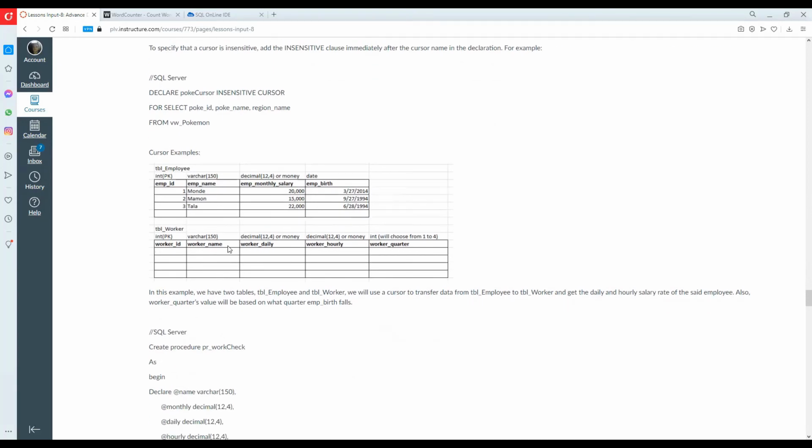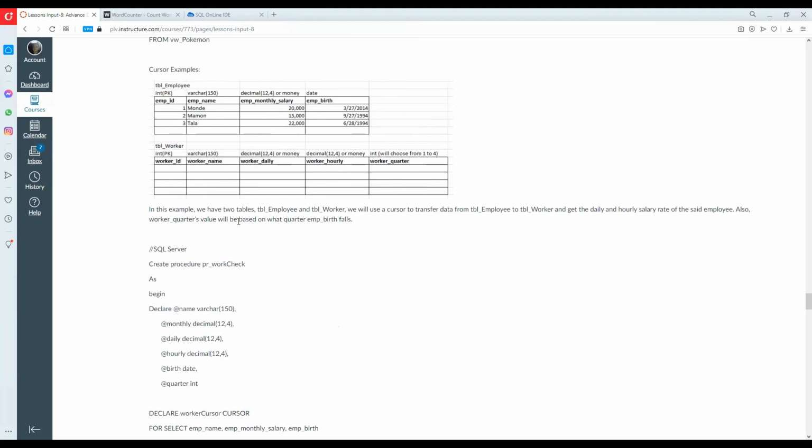We also have another example here for our cursor. In this example, we have two tables, table employee and table worker. We will use a cursor to transfer data from the table employee to table worker and get the daily and hourly salary rate of the said employee. Also, the worker's quarter value will be based on what quarter